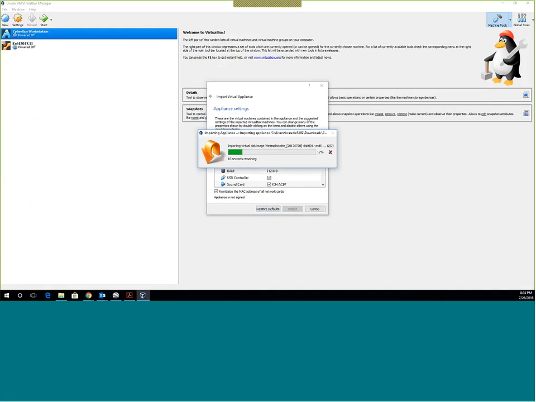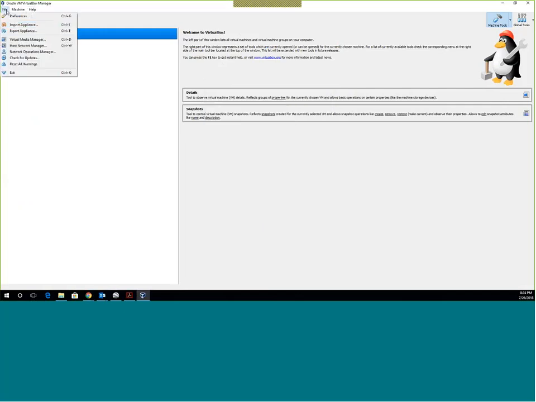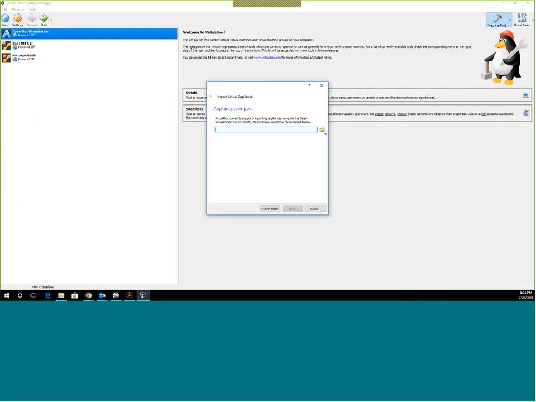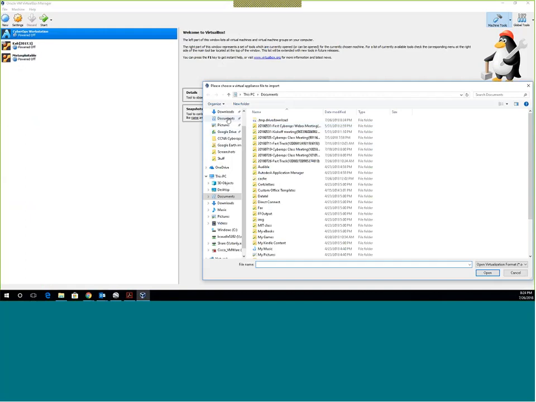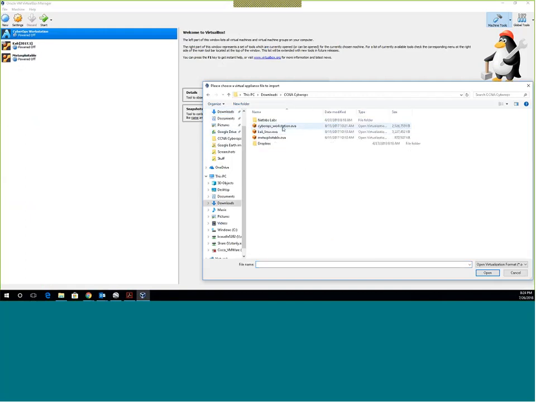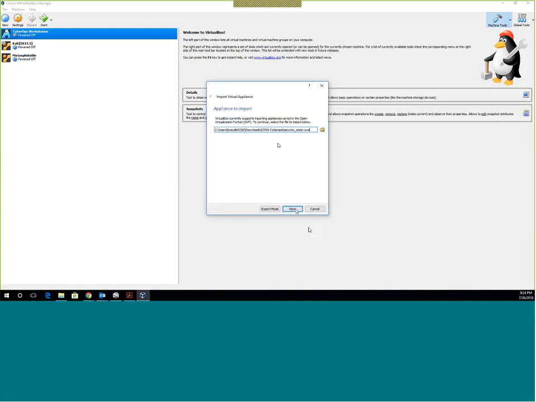Now, I'll be honest with you, if you've got a little extra RAM, it never hurts to throw extra RAM at it. So if you've got 32 gigs of RAM on your machine and you want to throw some extra RAM at these machines, it's not going to hurt anything. But you don't have to do it if you don't want to. So Cyberops, and the last, Security Onion.